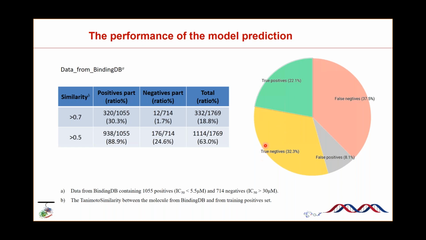Actually, we found from the true positives we can get around 22%, and from the true negatives we can get around 32%. Definitely the model is not perfect, and some of the true compounds the model considers negative. Some of the true negative ones the model considers positive. But we did find this type of combination the model could give you some